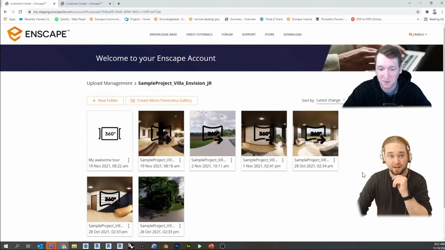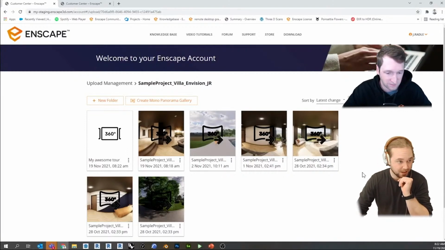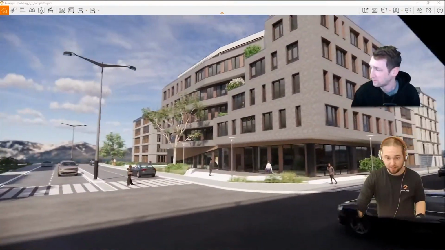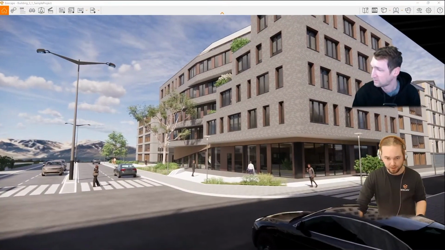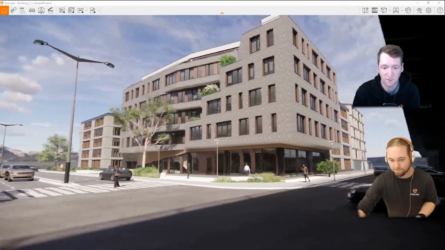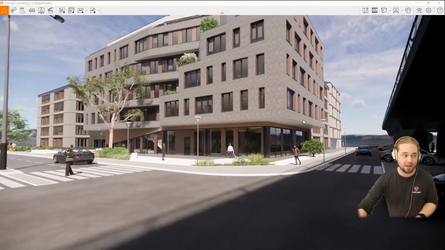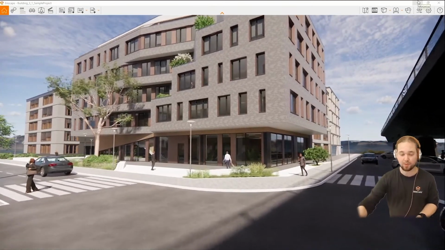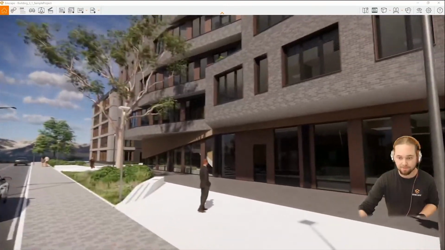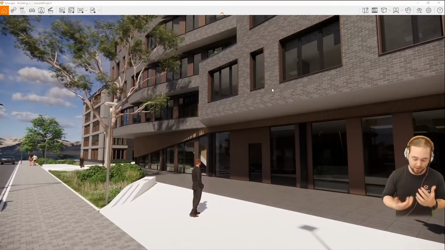Cool. I have ray traced sun shadows. Now, you might remember this sample project here from our 3.1 release. It was, right? No, was it? Yep. Yeah, it was 3.1. Yep. Exactly. And here we also showed you that with RTX capable graphics cards, you can now enjoy ray traced sun shadows. What does that mean?